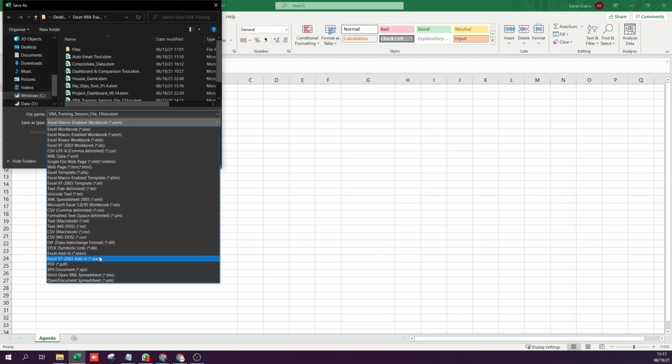And the earlier version was XLA, the earlier version of add-in, and the earlier version of Excel was XLS. So XLS had macros and normal Excel both in the same format, but now they've segregated it for higher security. So if you've got an XLSM file, you'd know that this file has code. And be very careful when you open any XLSM file, right? It could be a kind of a virus as well. You never know. So make sure that the source is a reliable source and only then you open it.